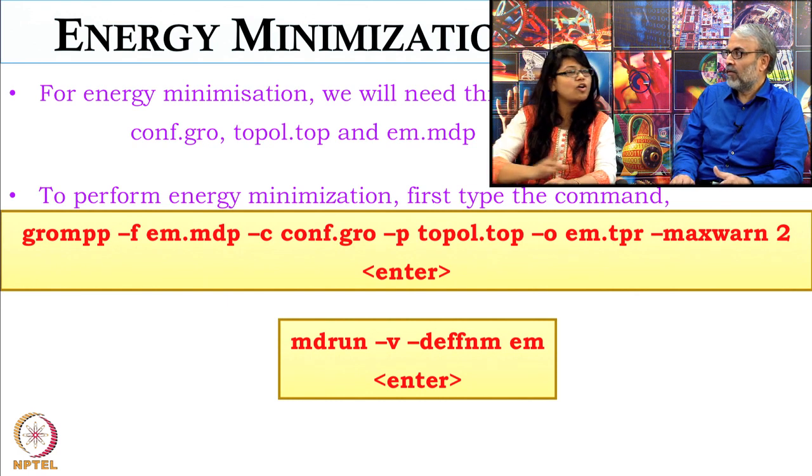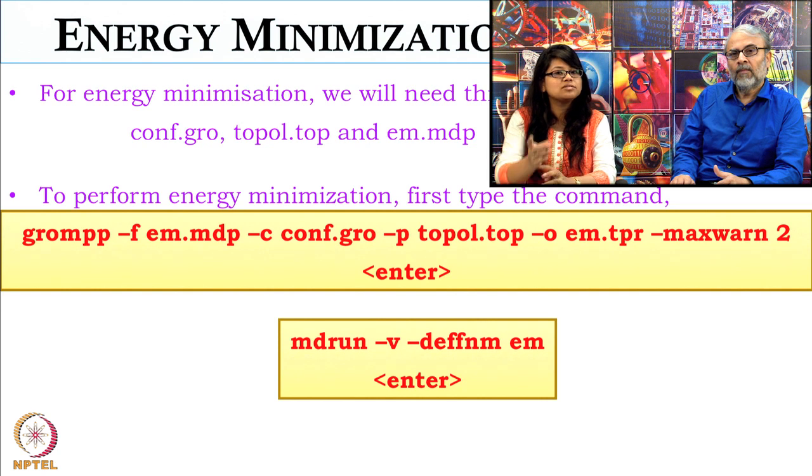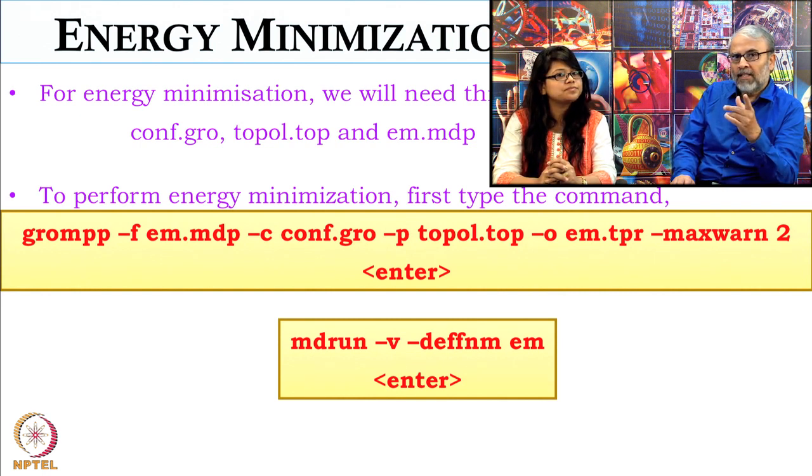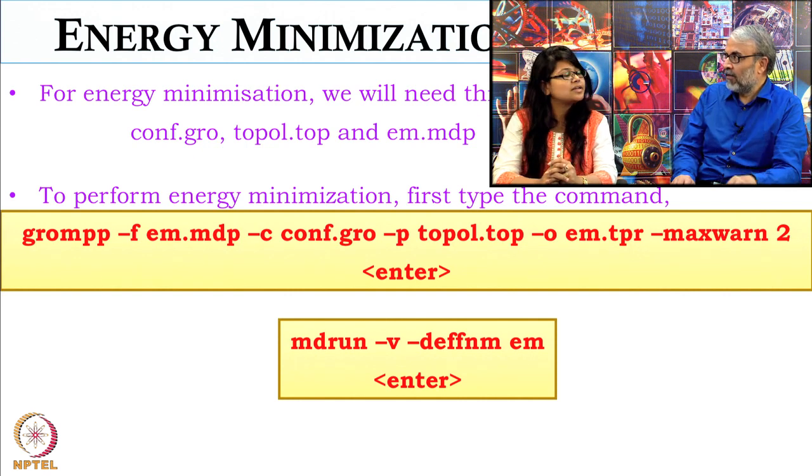Yeah, but that will be a long command, and it's easier to have it, because then you will know that em.gro is the energy minimized configuration, or if the file name is em.edr, it is the energy file for energy minimization. So whatever you said now, if I say mdrun -h, it will give me all the details. Yeah, it will give you all the details. If I see the -v option, then I will know what it is going to do. Yeah, it explains that.